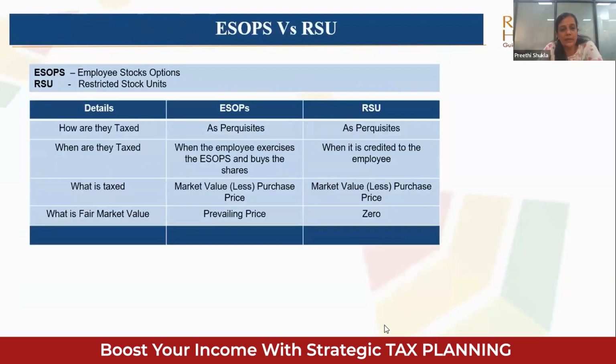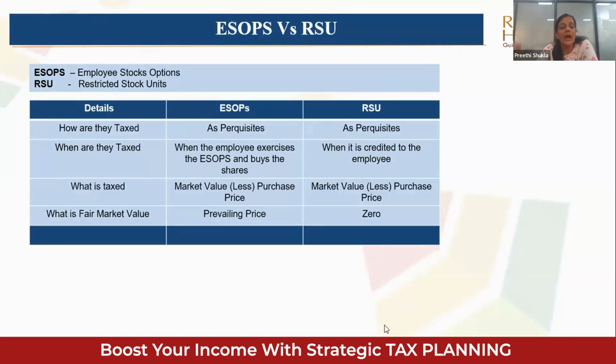One quick peek into ESOPs and RSUs. Most of us work in organizations which provide this particular benefit. So, what are they? How are ESOPs taxed? Both ESOPs and RSUs are taxed as perquisites. ESOPs are taxed when the employee exercises the ESOP. So, suppose you were vested with 100 ESOPs at the rate of 10 rupees, and today the fair market value is 150. So you pay 100 into 10, that is 1,000 rupees. If the current market value is 1,500, on the difference you'll be paying a perquisite tax of